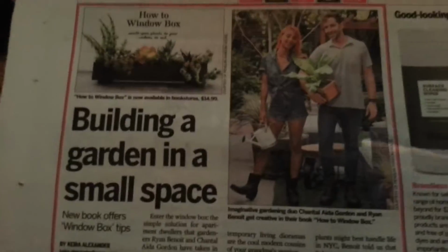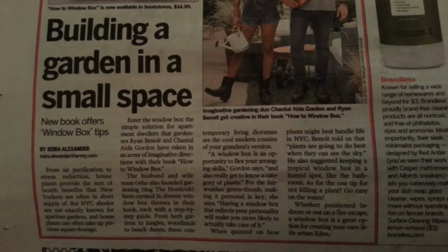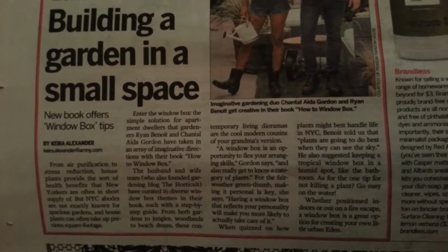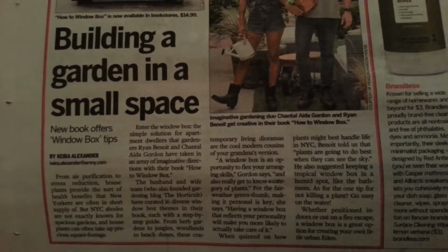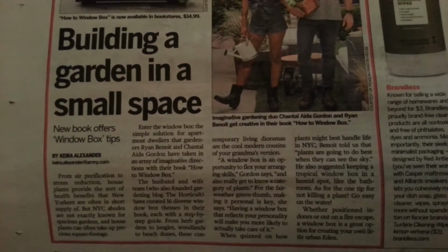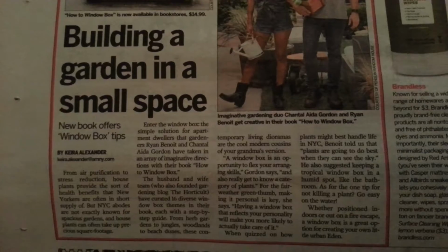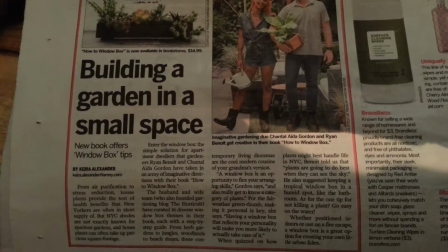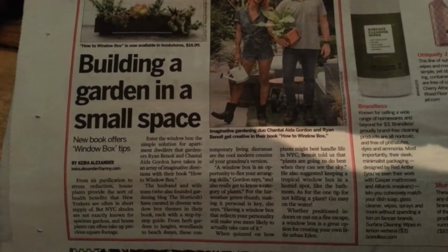How to Window Box. Building a garden in a small space. New book offers window box tips by Kiera Alexander. From air purification to stress reduction, houseplants provide the sort of health benefits that New Yorkers are often in short supply of. But NYC abodes are not exactly known for spacious gardens, and houseplants can often take up precious square footage. Enter the window box, the simple solution for apartment dwellers that gardeners Ryan Benoit and Chantel Aida Gordon have